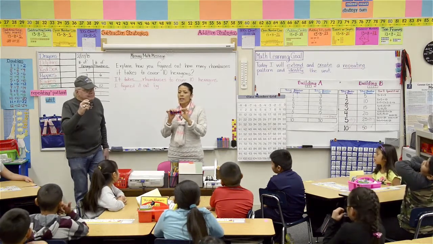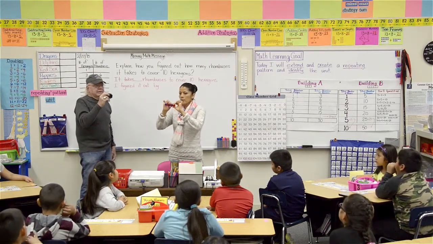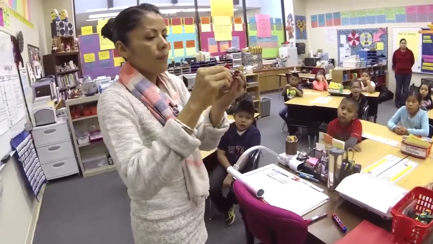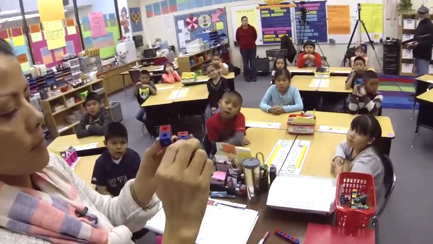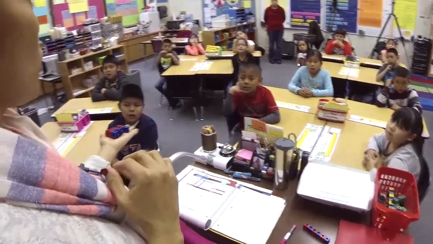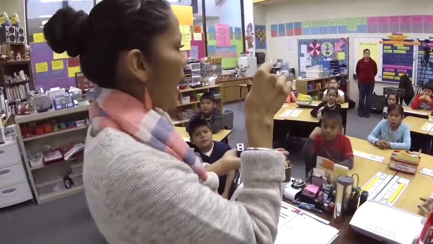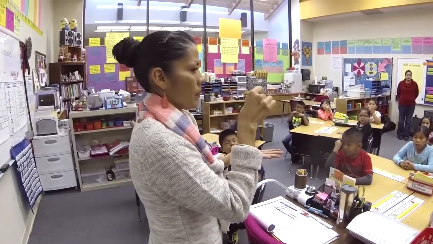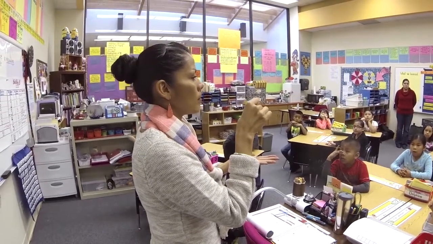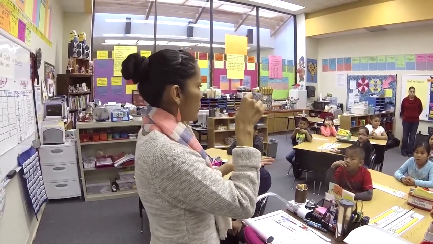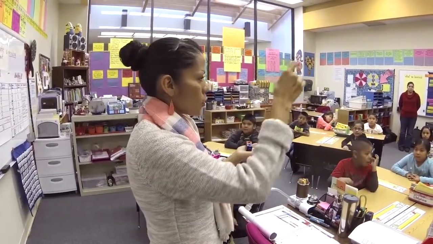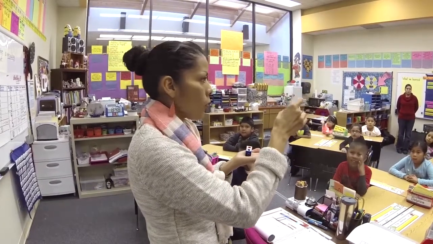Now I'm going to identify another thing with my pattern. I'm going to do something. Watch closely. There's that. What do I have, boys and girls? I have 2s. Each one of these has a name. It's on our learning goal. It starts with the letter U. Unit. This is a unit. So anytime we're doing a pattern, the unit is what the 2 colors or 3 colors or 4 colors consist